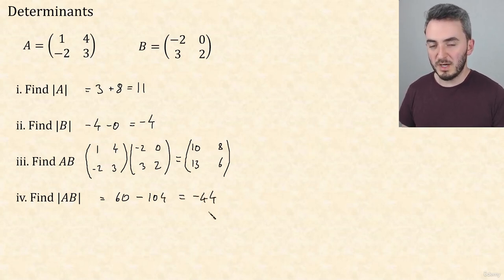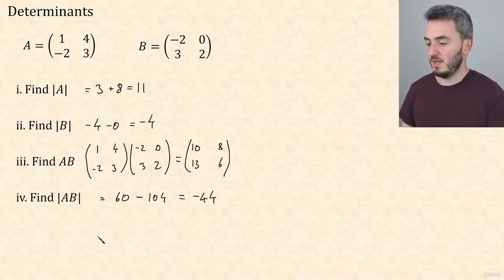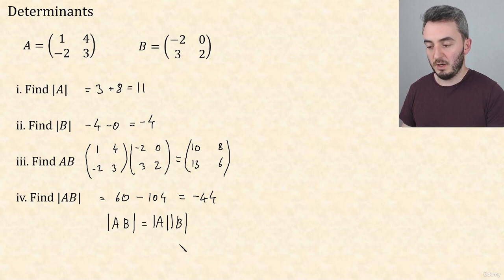Do you notice anything about minus 44? Well, eagle-eyed among you will notice that's 11 times minus 4. And that's not a coincidence. An important result, that's always true, is that the determinant of AB is always the same as the determinant of A multiplied by the determinant of B,